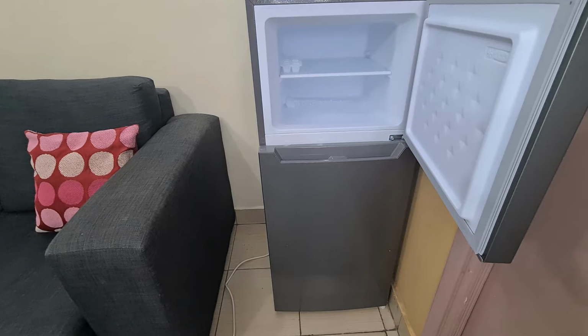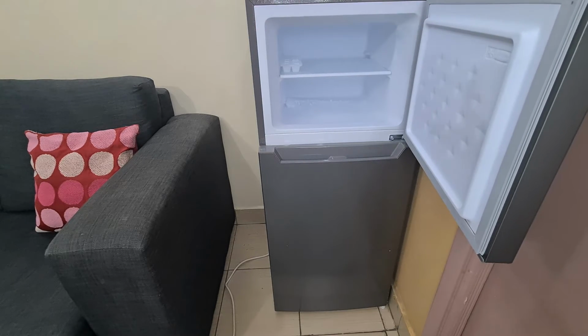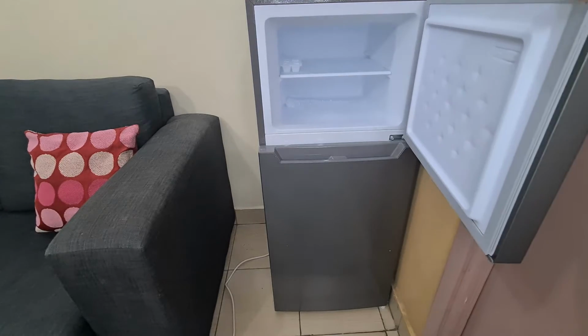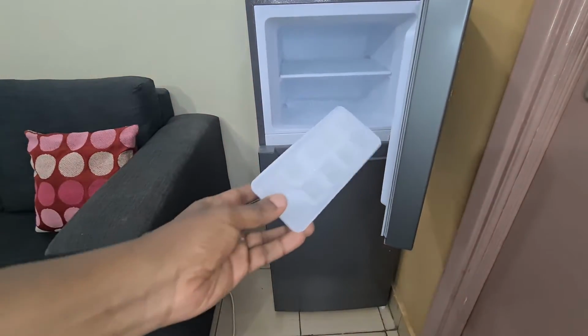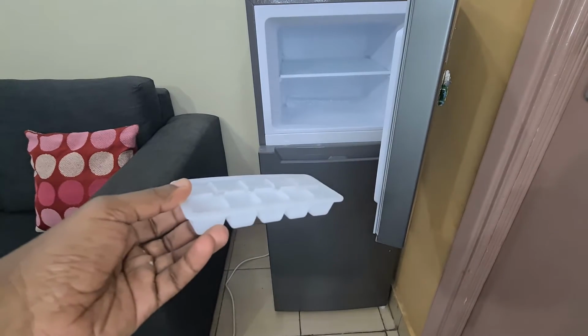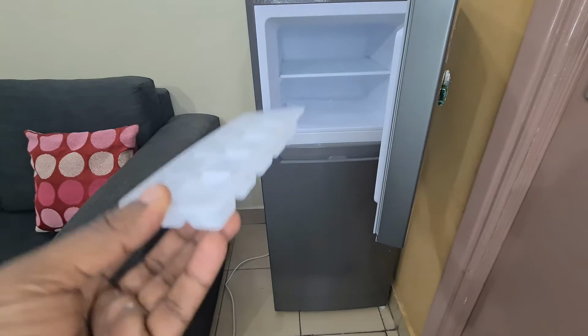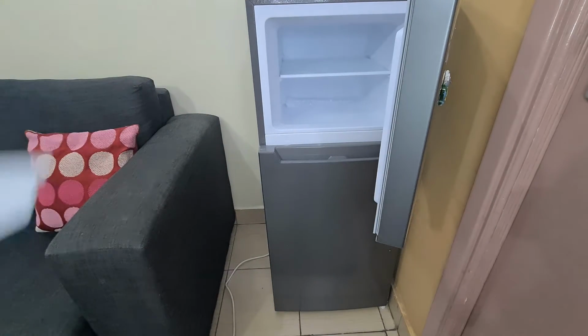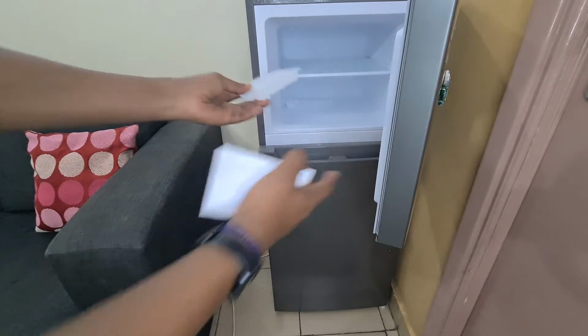It has a glass shelf as well as an ice cube tray, which is a bit small, but you really can't complain given the price. So price is something we'll discuss shortly, but in terms of what you get at the freezer, it's quite functional and quite reasonably